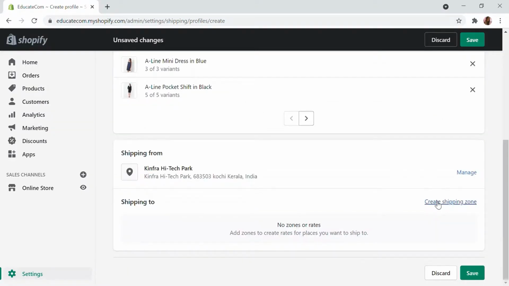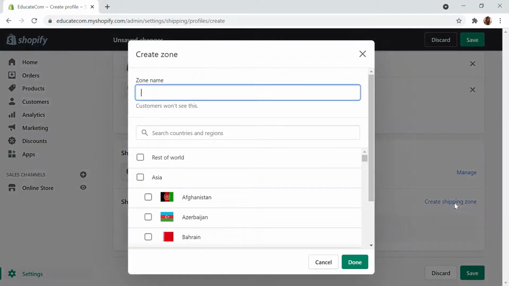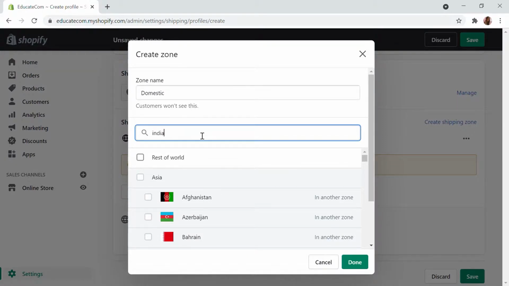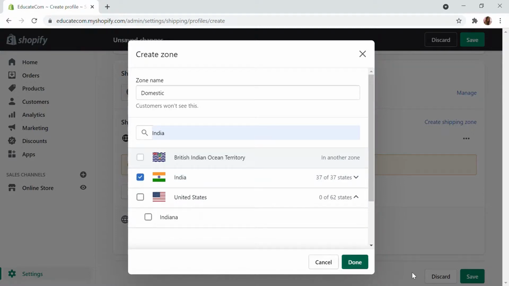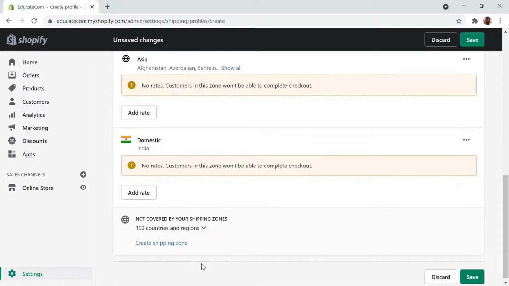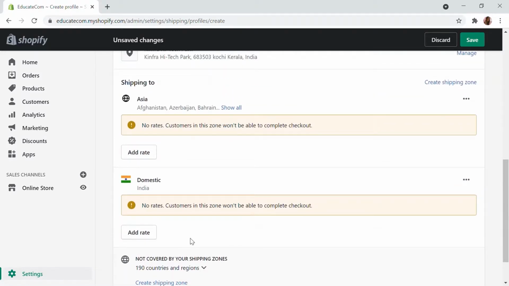So I've added some products here, and we can again create a new shipping zone. Here I don't want these products to go out of the world. I just want to restrict it to the continent Asia. Okay, so again this comes under Asia, and also I'm going to add another shipping zone, and this will be domestic, and this will be again India. So we have added a new shipping zone here, and also a domestic country, and also there are some countries that are not listed in this zone. So this is how again you can add the rates and also add the domestic prices as well.